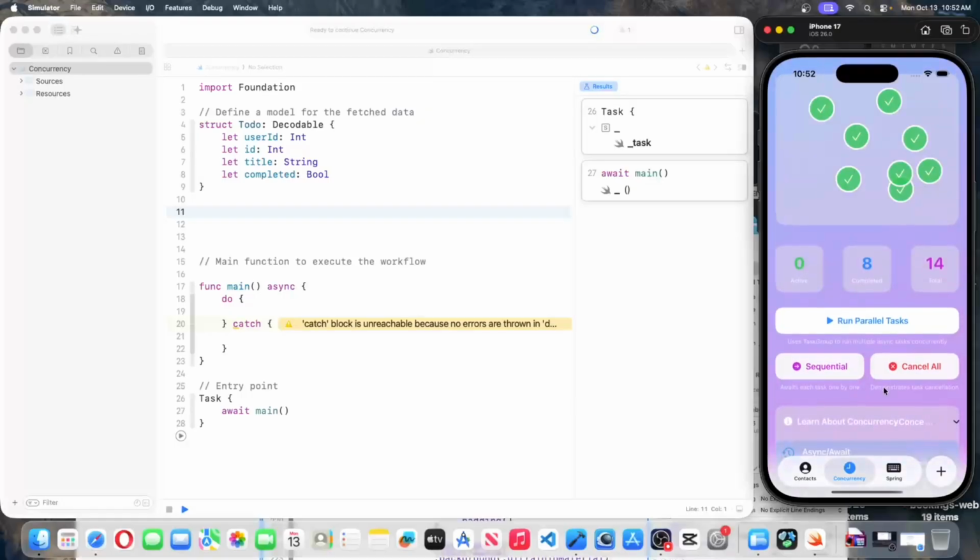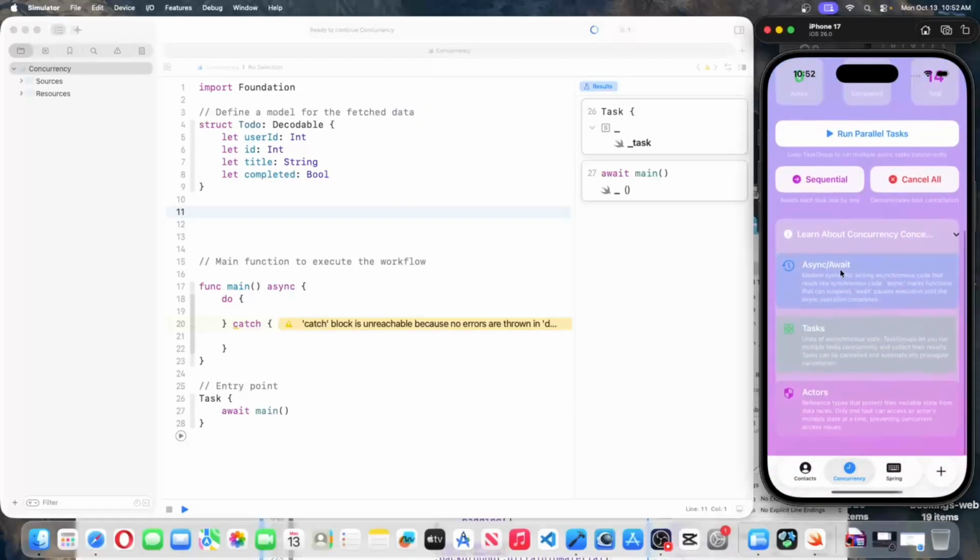And the concepts which include async await. So the async await is a modern syntax for writing asynchronous code that reads like synchronous code. Async marks a function that can suspend, await, pause execution until the async operation complete. So let's create a